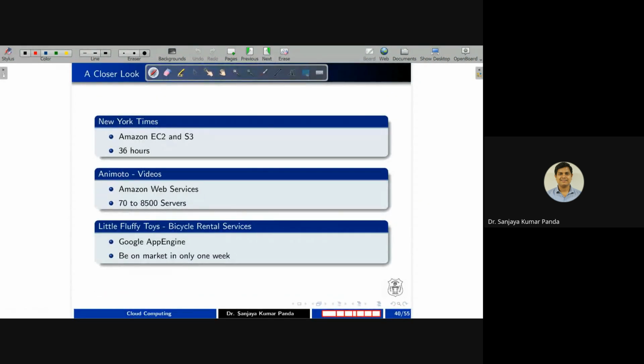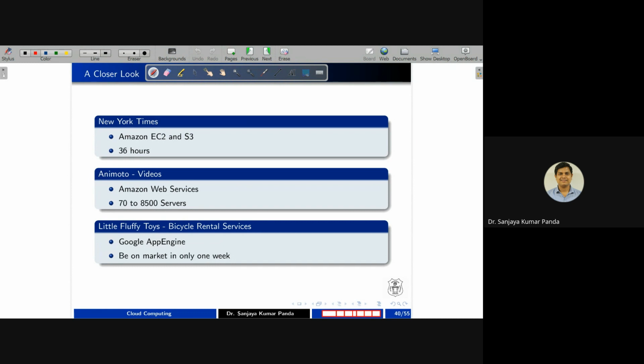The next is, there are many success stories behind cloud. Like I'm showing you, there are 3 success stories, but in practice there are so many success stories in the cloud. Like the newspaper which is very popular in New York, that is called the New York Times. Like we have Times of India, they have the New York Times. So the New York Times wanted to create a portal in which all the newspapers need to be archived, so that anybody who needs a newspaper of any particular day can get it.